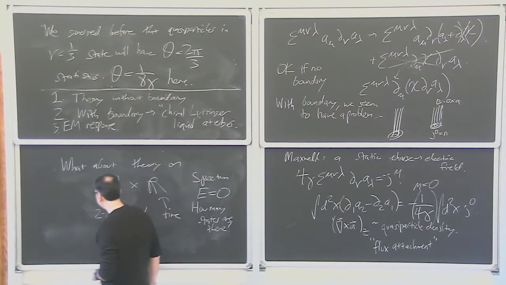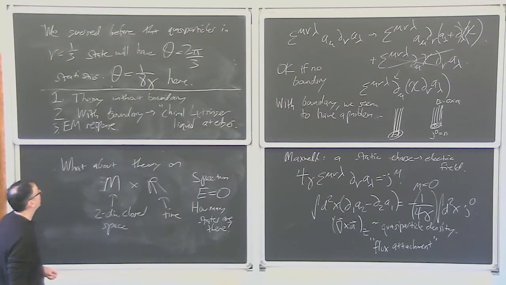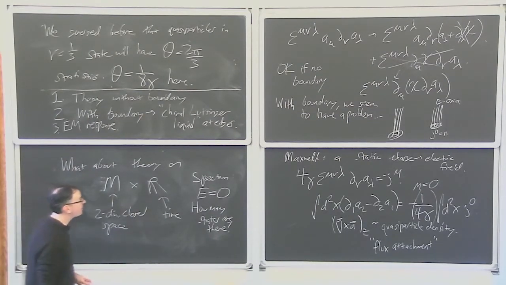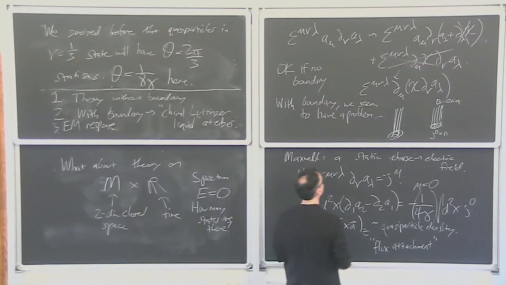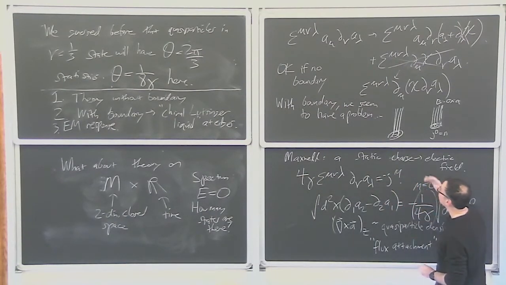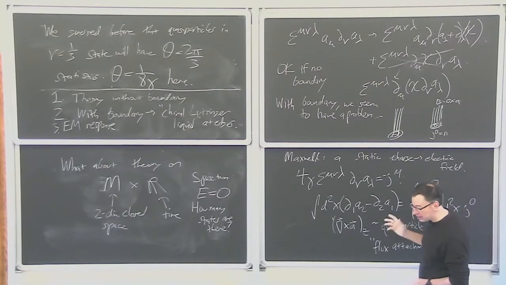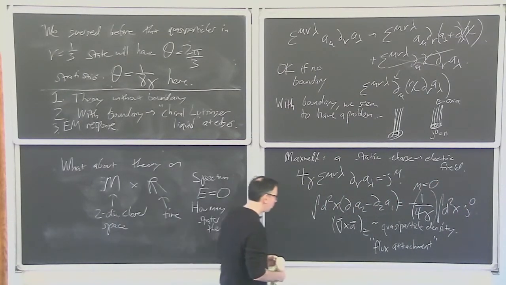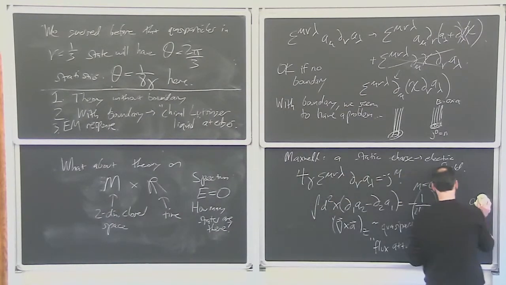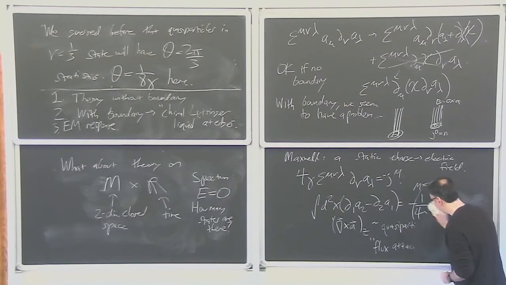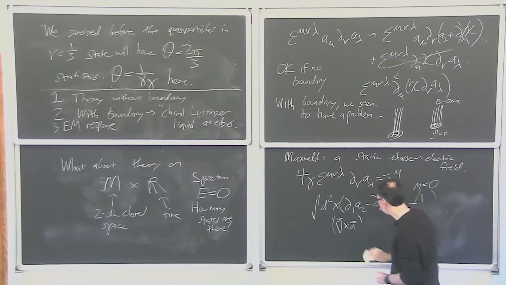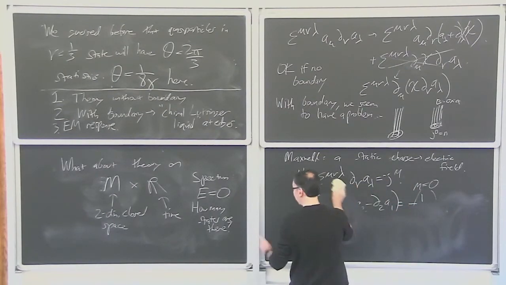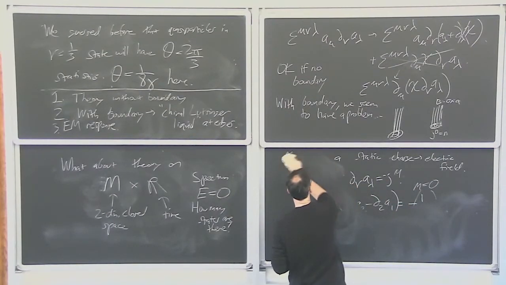So to solve this theory, this is a fun little calculation, but I don't think we have time to do it. It's basically just realizing that there's a whole lot of gauge freedom, and by a sequence of gauge choices, I can actually go from this 2 plus 1 dimensional field theory to a problem of a particle moving in a magnetic field, basically a 0 plus 1 dimensional field theory. And what you find is what's sometimes called topological degeneracy. You find that the number of zero energy states